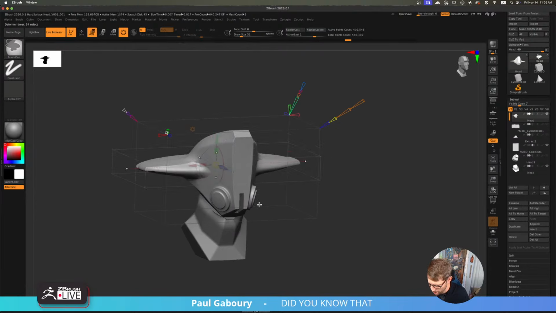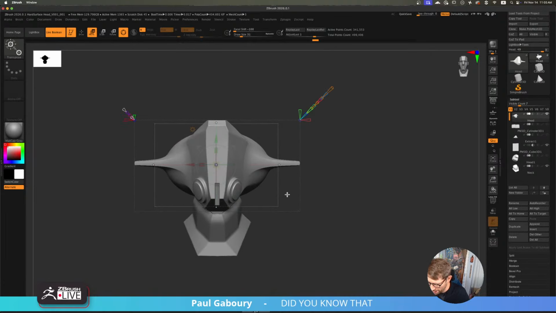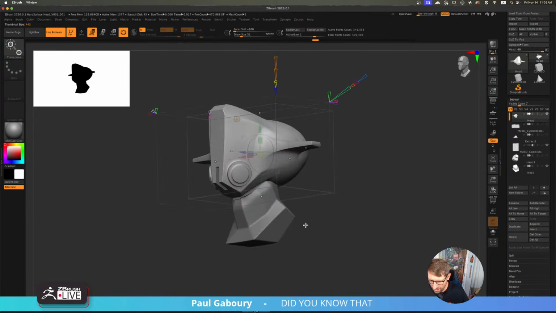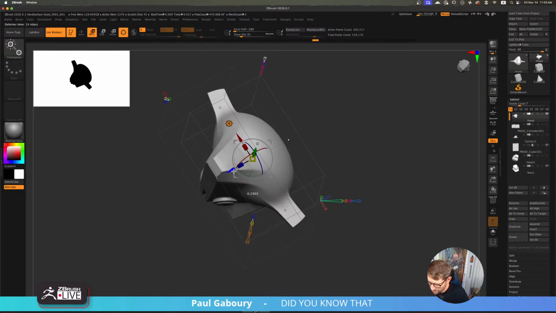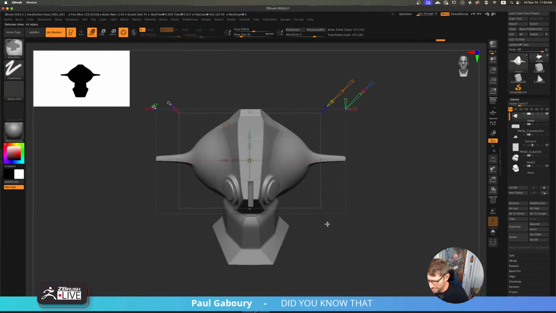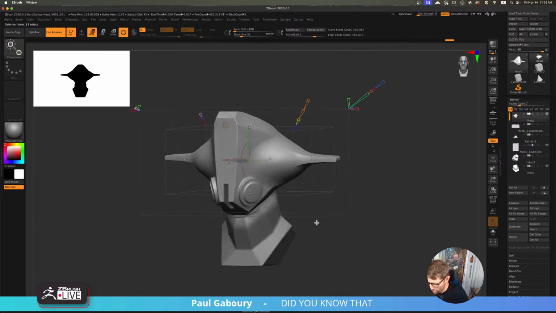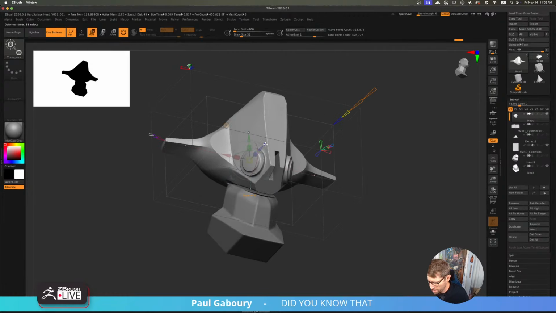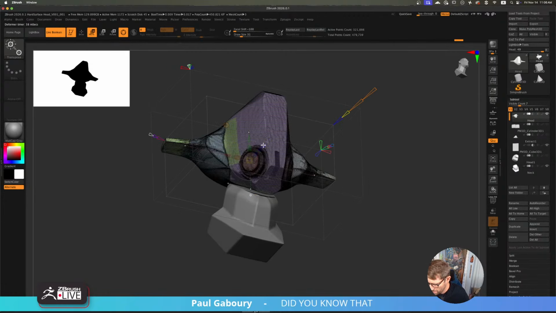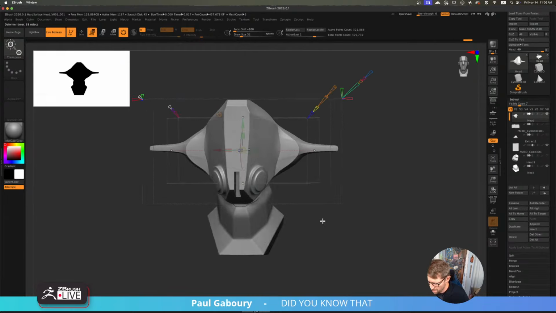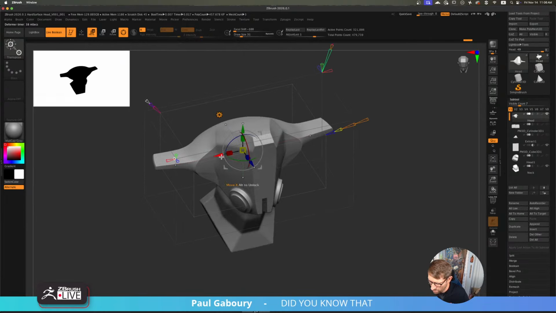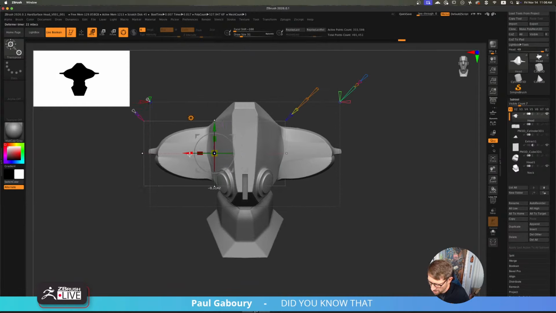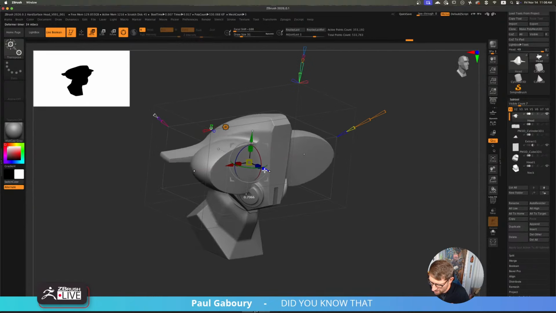Let's undo. I kind of liked when it was just bulging out like this a little bit. Let's make this bigger. Kind of want to pay attention to that more. Just experimenting right now with some ideas, trying to figure out how different I want to go with this. What if I did that? Something like that, maybe.